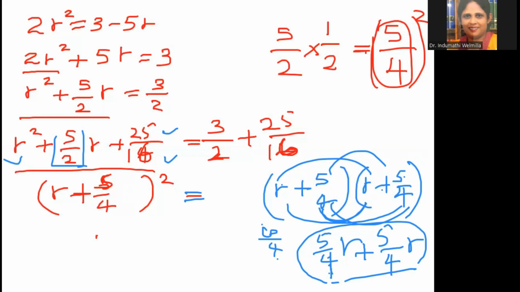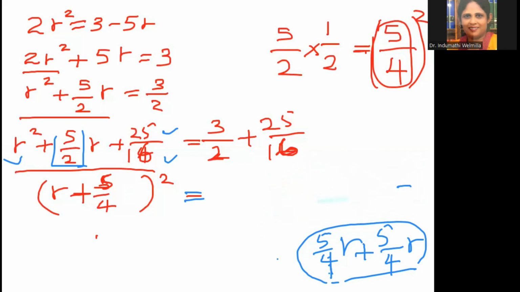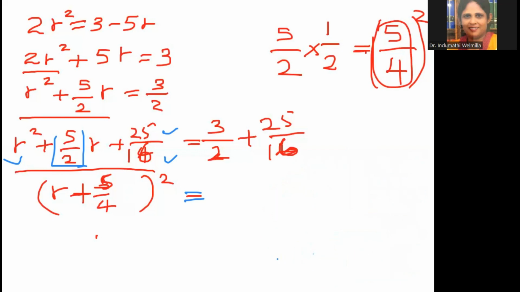And then next, you need to add the other side values, right? That means simplify the other values, right? When you simplify these two values, we can get 16 as the numerator, right? So how many 2's in here? 8 into 2, 24,